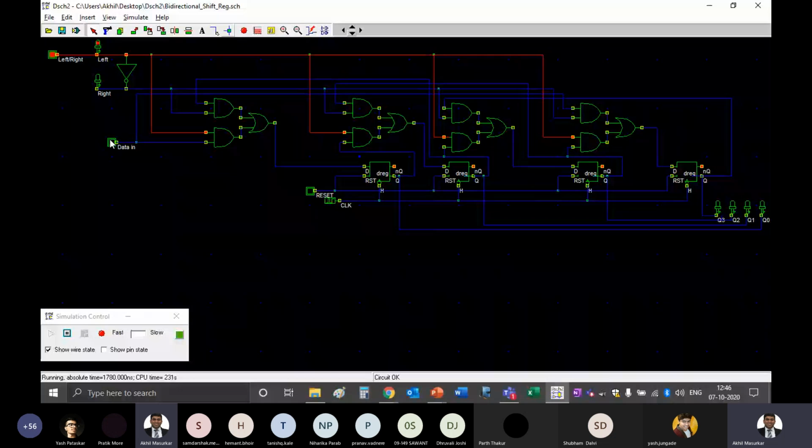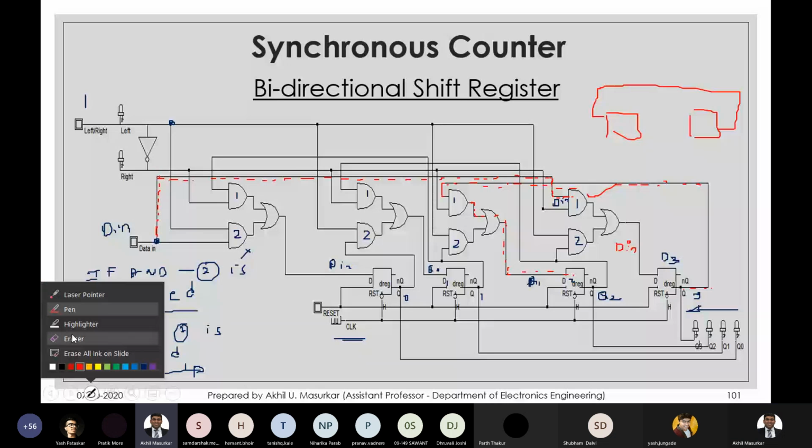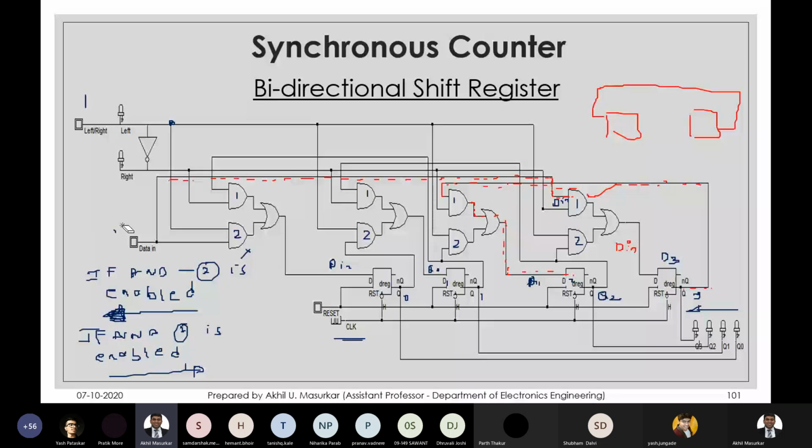Okay, so copy this thing. Any doubts in this? Please ask. So I think I will keep this circuit and I will remove all these things so that